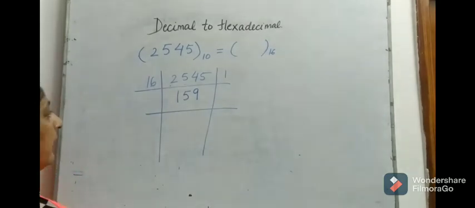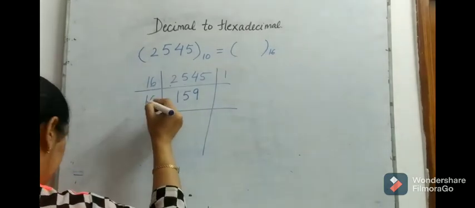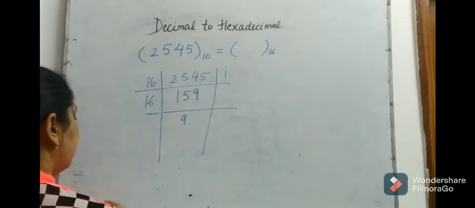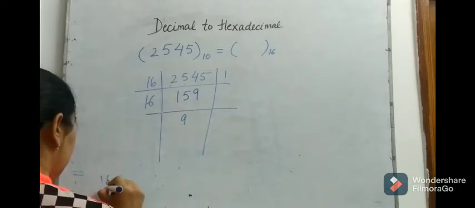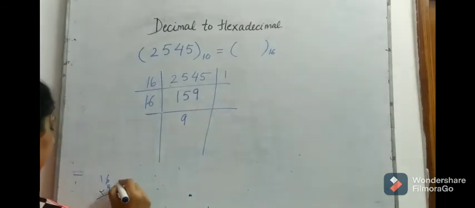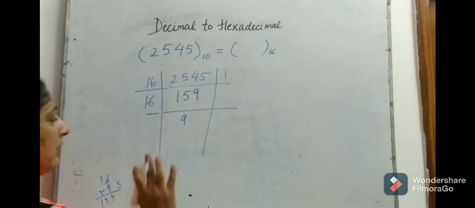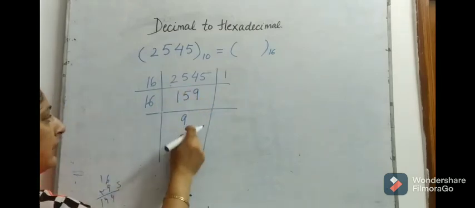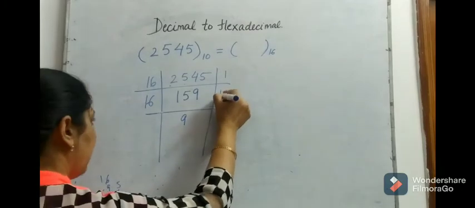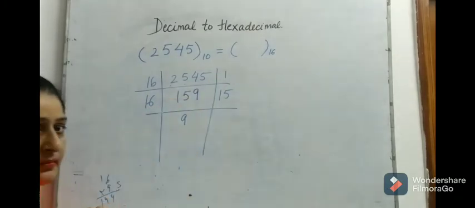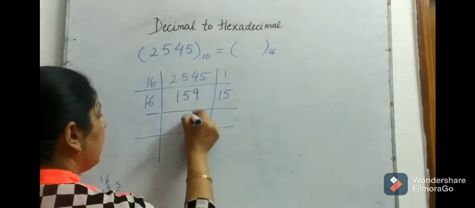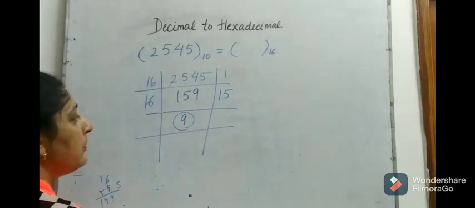So next step, again divide by 159 by 16. So when I divide by 16 again, 16 9s are, 6 times 9 is 54, 5, 9 and 9 and 4, 5, 144. So it's less than 160 and more than 144. So 16 9s are 144 and the remainder will be now 15. Right, children? Now, this number is less than 16, so we do not need to move further.